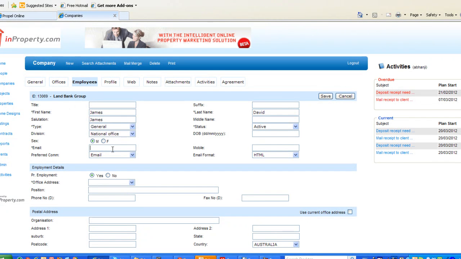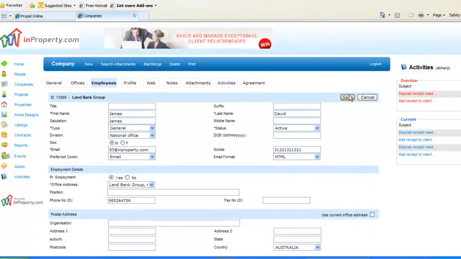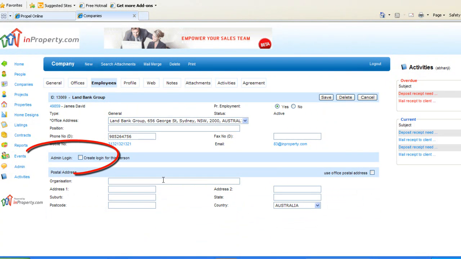We then select an email address. We leave the status as active. You can input a mobile number, and then employment, whether they're a permanent employee or a temporary. We select the office address, and if there's a direct phone number within the office, we input that as well. Next, click on Save. Now you'll notice the Create Login for this person option, so we will tick that, and